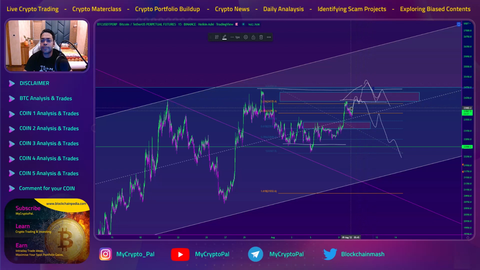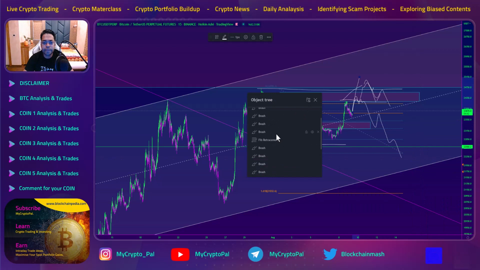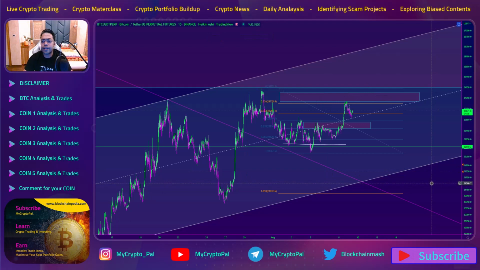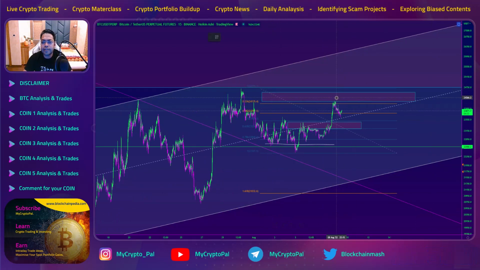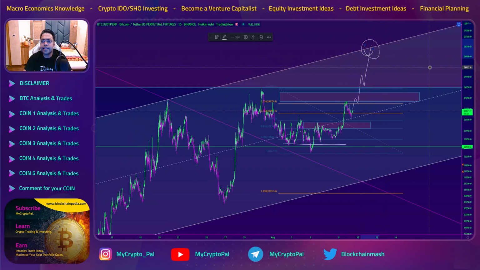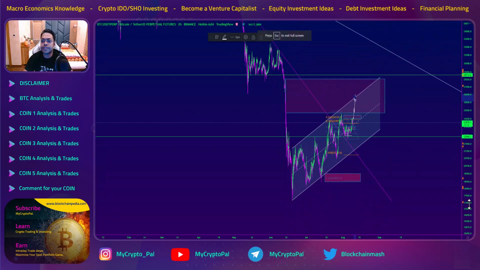If the market looks very bullish, then you will see this zone will be broken with a stronger, higher candle over here. Let me just clear all this because it's getting messy. If this zone has to break, then it has to break quite fast, like this, and then retest, and then we'll go to test the higher zones over here. Then we would be entering our second zone of liquidity that we had marked last week, which is this zone.